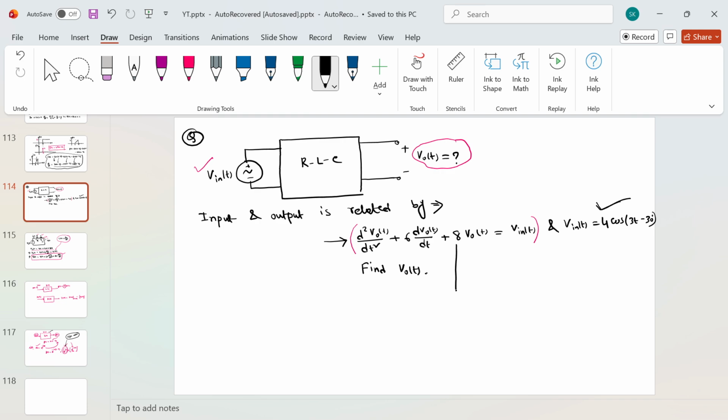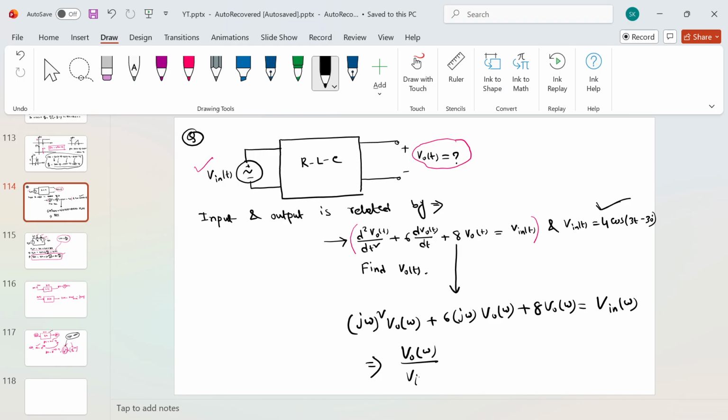Take the Fourier transform of this particular signal. This is the input output relationship of an LTI system. You will get j omega V naught of omega, plus 6 j omega V naught of omega, plus 8 V naught of omega, is equal to V in of omega. Take the output by input, V naught of omega by V in of omega is equal to 1 by minus omega square plus j6 omega plus 8. Okay,